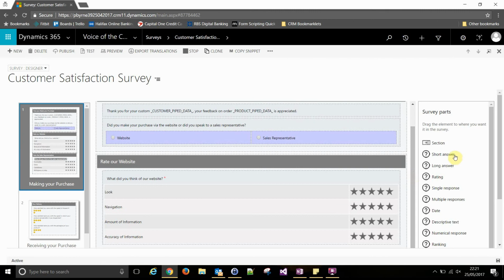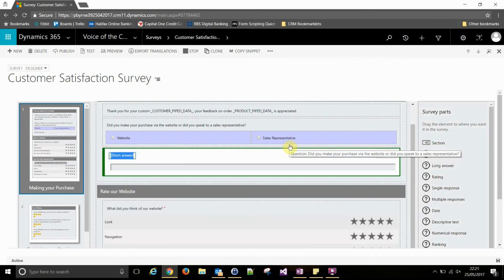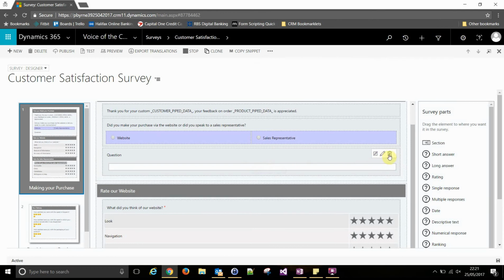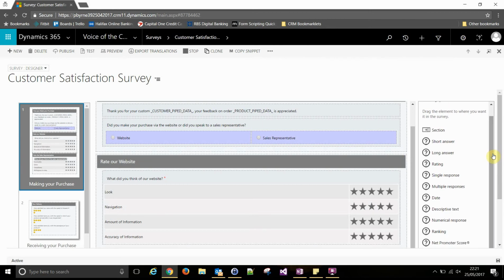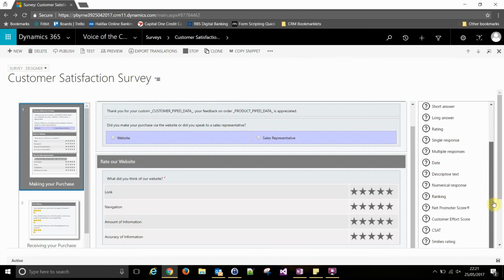To add questions, you can click and drag them. So this is your different question types down your right hand side. So clicking on a short answer, and it's just like you're editing forms in CRM. You can drop that onto the survey and save that, and you've got a text question. You've got a whole host of different types of question that you can add. So short answer, which is just text, long answer, description box. You can have ratings and dates, you can have rankings, you can have smiley faces,